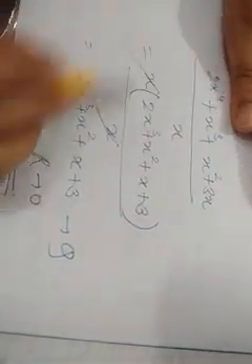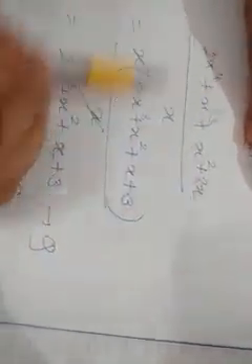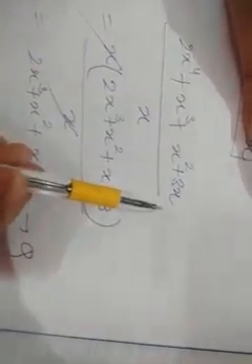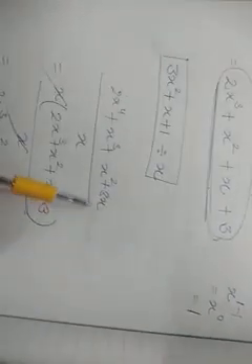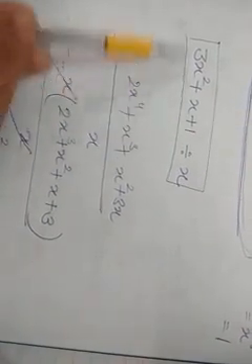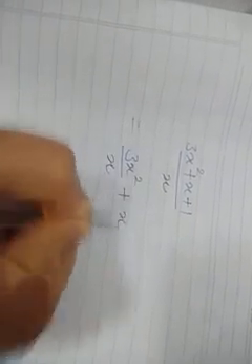Now in this way, this sum is possible because we can take x common from all the terms. But if we have a polynomial that we cannot take x common from, just like this example, 3x square plus x plus 1, can we take x common from all the terms? No, we cannot. So in this case, how will we divide? 3x square plus x plus 1 divided by x. It will be 3x square upon x plus x upon x plus 1 upon x.